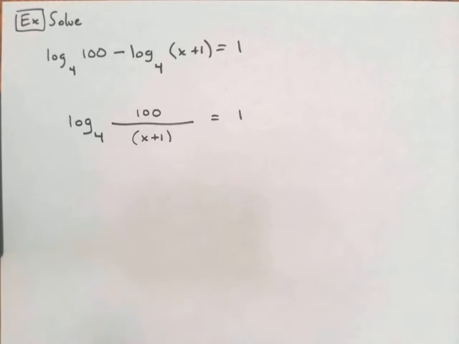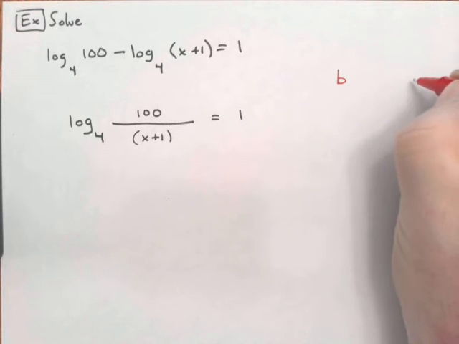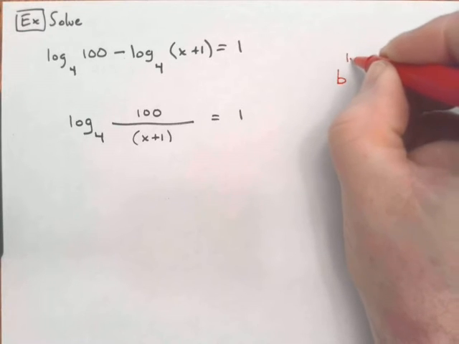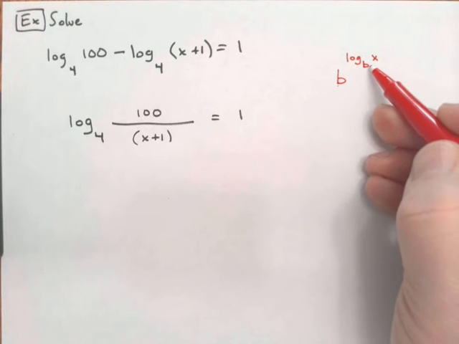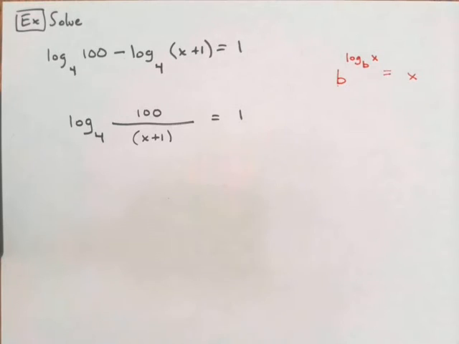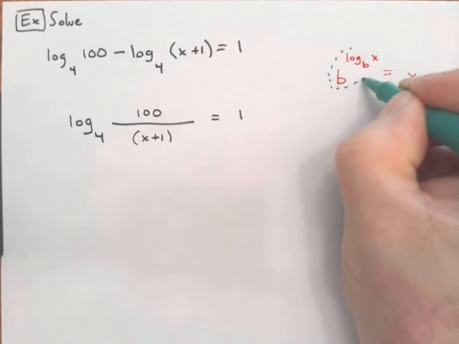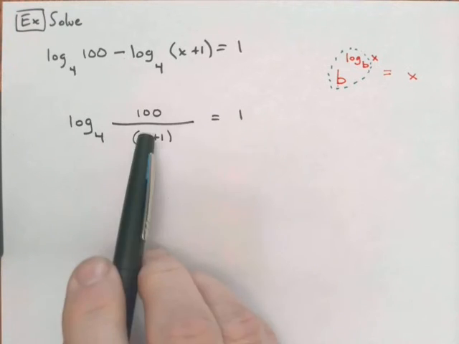Once you have a single log over on the left side, then you're going to exponentiate in order to get rid of the log. We have a property that says if you have a value that is raised to a power, and up in the power you have a log, and the base of your exponent and the base of your log match, these things will simplify just to that value. Basically, the two bases and the log will end up canceling each other out, and we just get that value, x. So in this problem, what I'd like to do is make both of these sides of our equal sign